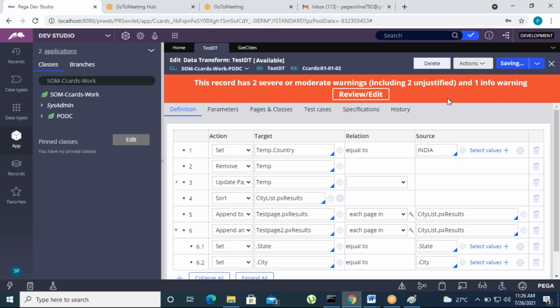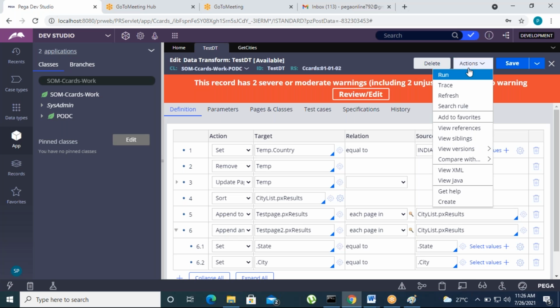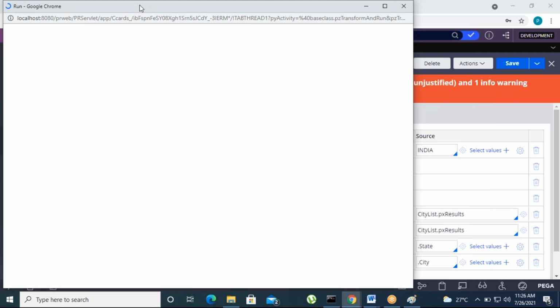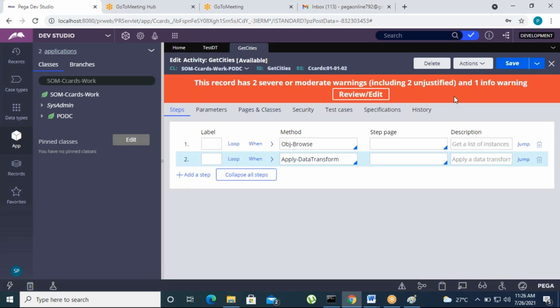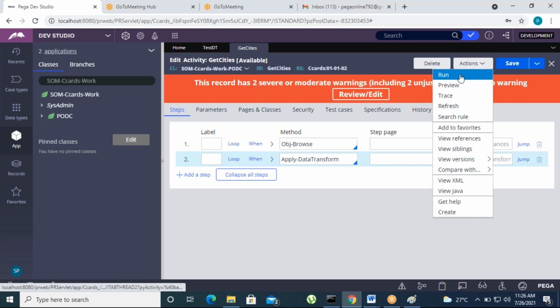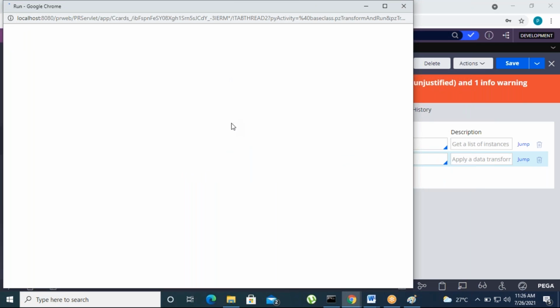Click on save, and go to actions and run this.